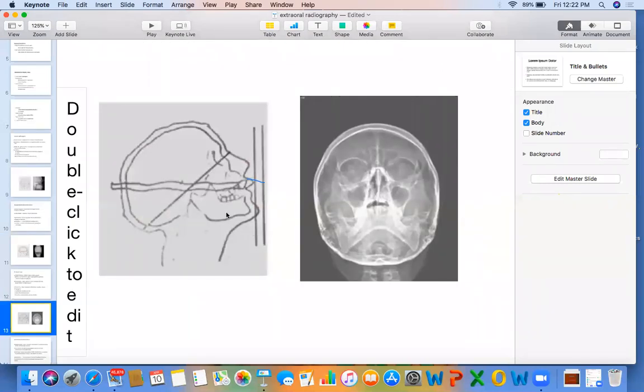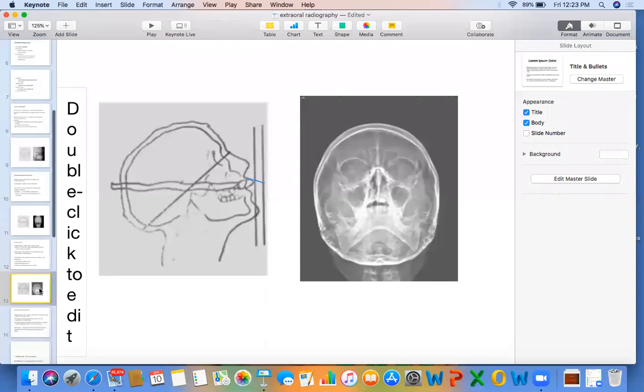This is our PNS or Waters view. You can see that sinuses are seen clearly. So don't get confused when you see PA mandible or some other view. You can see sinuses very clearly here, which is indicated primarily for maxillary sinuses. Again, the view is posterior anterior view. So the ray is coming from posterior and going to anterior. This line is 37 degree to the FH plane.